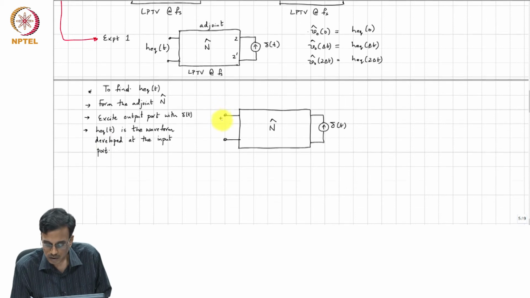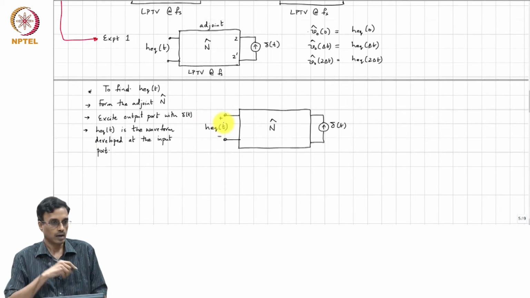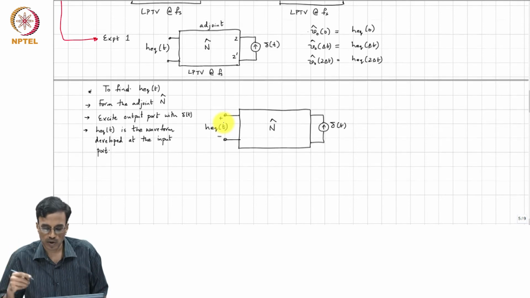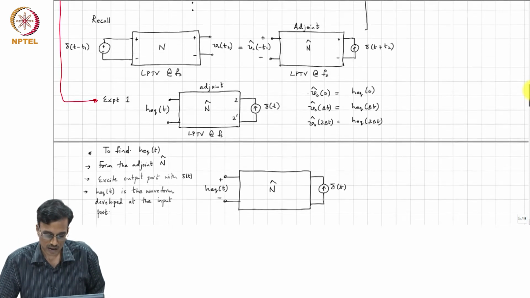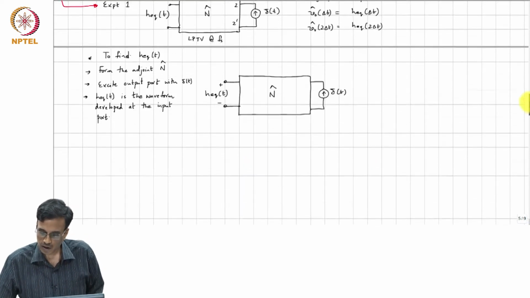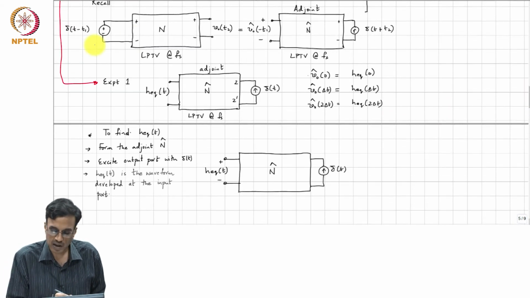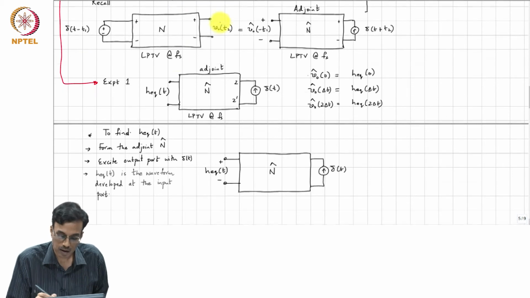So, h equivalent of t is what is developed here, and this situation corresponds to the case where in our original network we had a